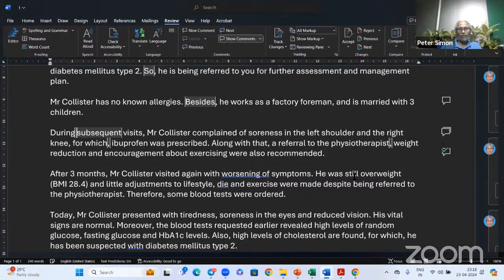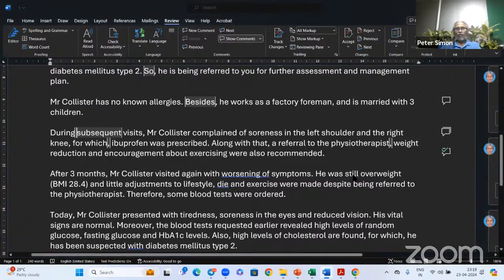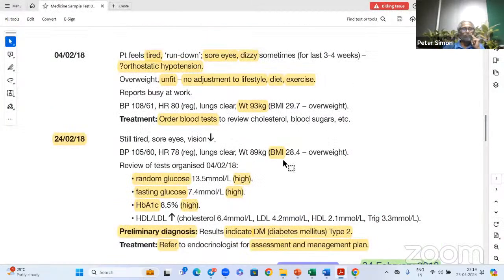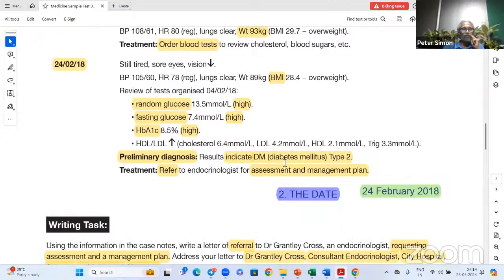So after 3 months, Mr. Collister visited again. During subsequent visits, you told. No, after 3 months, another visit you are telling. Okay. Right. So if you go into the case notes,